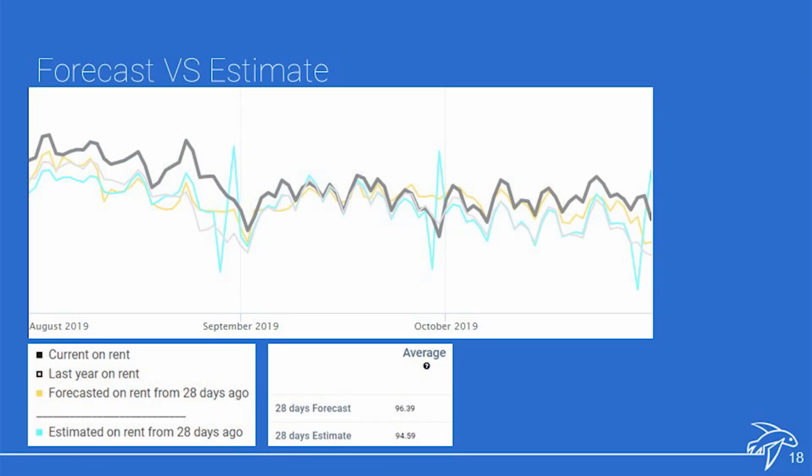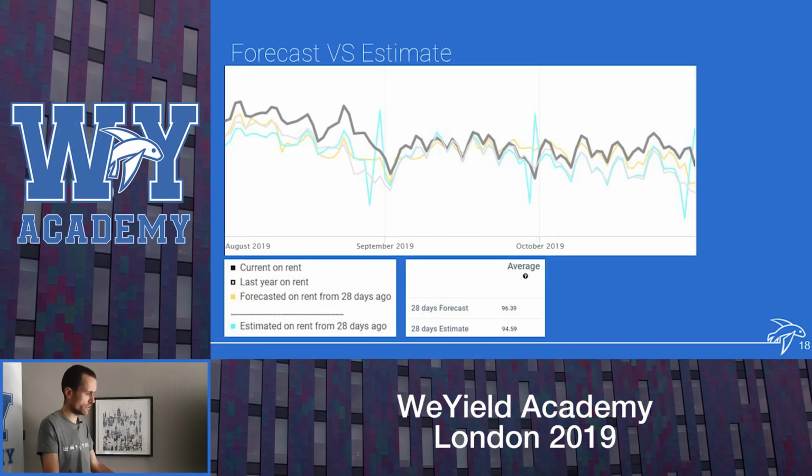So let's compare a bit the forecast versus the estimate. Here, the black line is the actual on rent from past data. The blue line is the estimate from 28 days ago, what was estimated 28 days ago. And the yellow one is the forecasted values from 28 days ago. We can see that there are spikes with the estimate, because the estimate, like we said, just makes computation from past values, a sum, a subtraction. So if there was a big increase last year, you will have a spike. If there was a small increase, you will have a low value. The forecast is much more